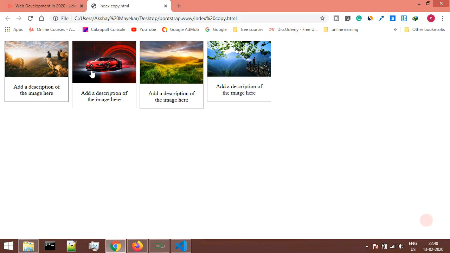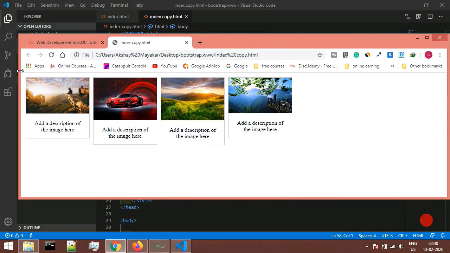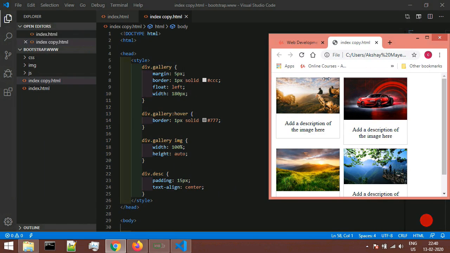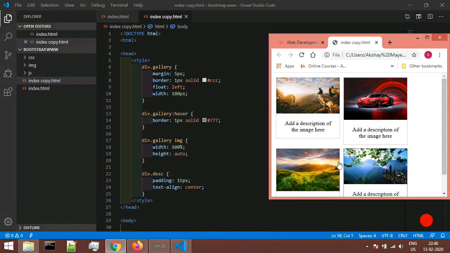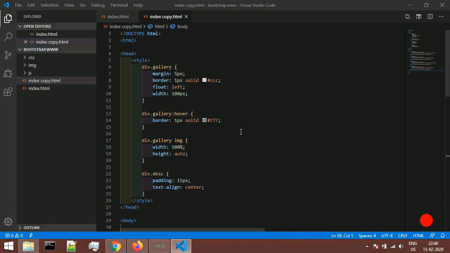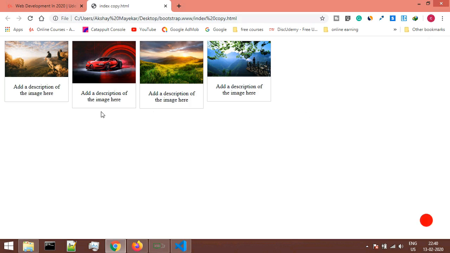Okay, so this is like a card kind of a thing in which we are displaying an image, and there is some information beneath the image related to that particular image. Okay, and as can be seen, this is responsive. I mean, as the width of the screen increases or decreases, they adjust themselves automatically. As can be seen, now they have changed their position to down below. Okay, so this is a responsive representation of images. Now let me show you the code.